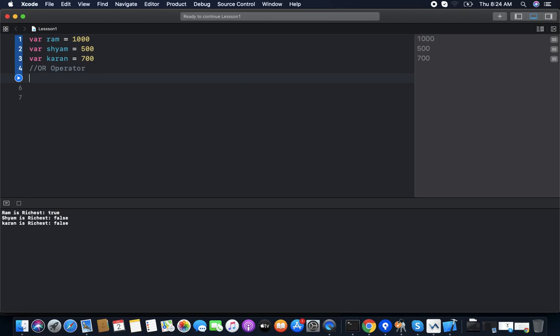Now we do not want to find the richest, we just want to find the person who is not richest. We are not checking the lesser, but we do not want the richest person. We want the second one or third one, anyone. So, not richest people.